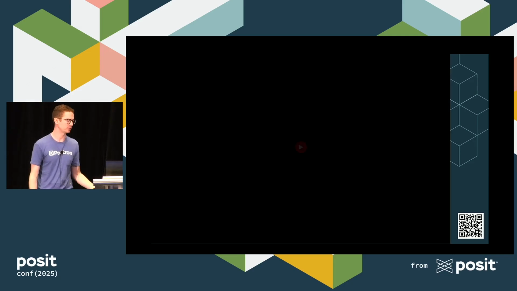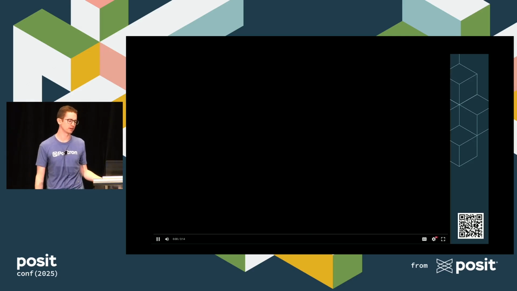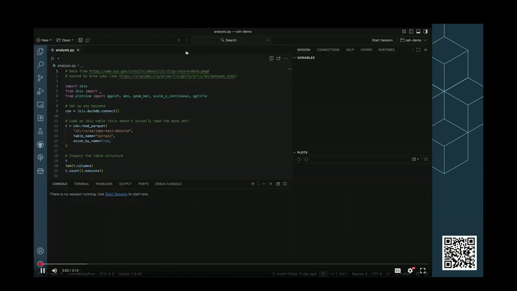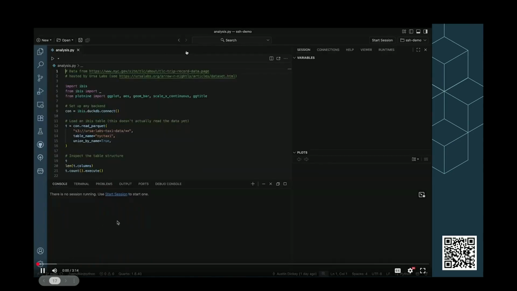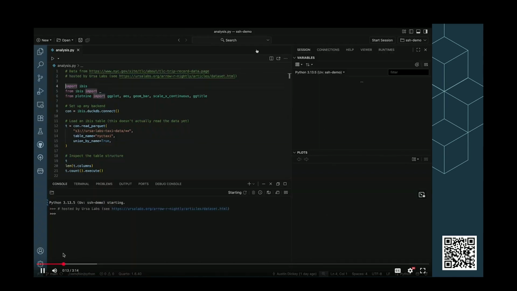Let me actually jump into a demo here instead of just showing code on a slide. So here I am in Positron. I love dark mode. Sorry about everyone else. I've got my file up here in the top left. I've got my console in the bottom left, which we've walked through in the past couple of presentations. Plots pane is bottom right, variables pane is top right. I know it's a little bit hard to read, so I'm going to read through what's happening here. Let me walk through again. I did pre-record this, but it is live. So let me start